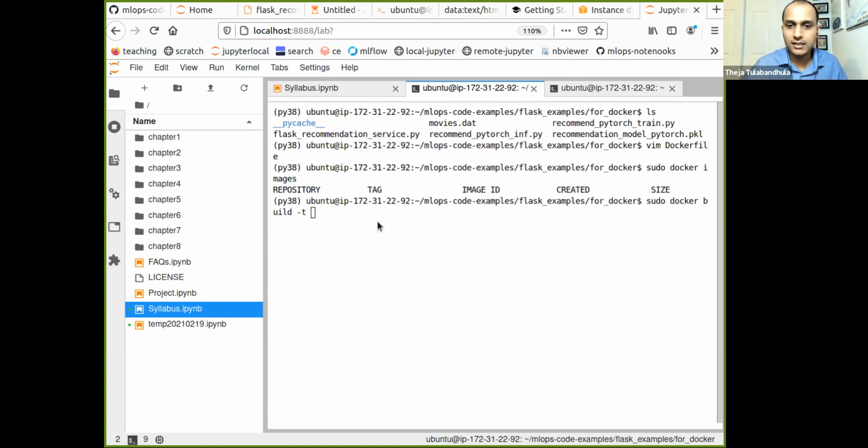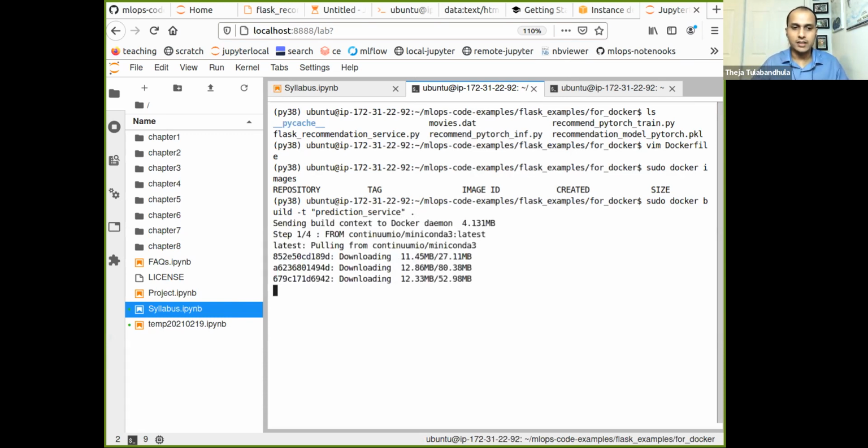Let's see. Yeah, it's called prediction underscore service. And then dot just means find the Docker file from the current folder.